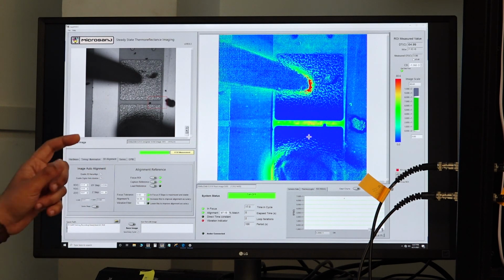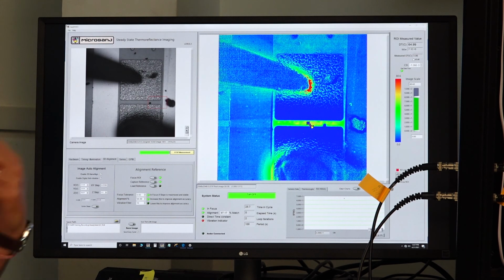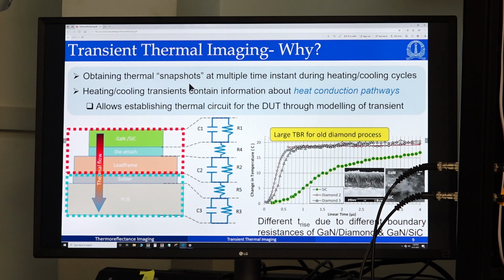continue this and increase the number of cycles, as I have discussed while I was showing you the slides, that as we increase the number of cycles, the ability to resolve even the smallest temperature rise will improve significantly. So keeping this in mind, we now move on to the next module of transient imaging. So we have already seen how steady state images are being taken. We'll now go to the second module, which is called the transient thermal imaging.